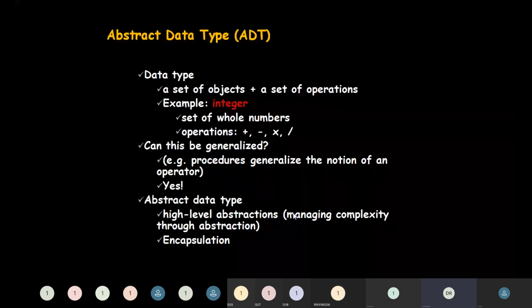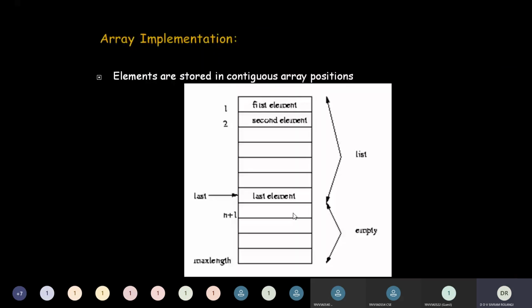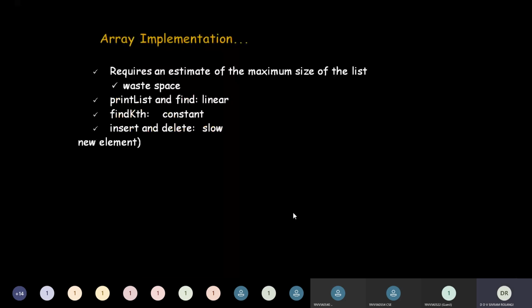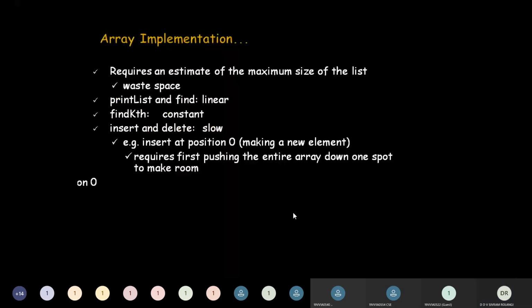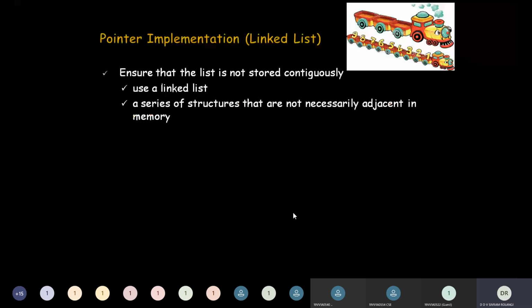In the last class we have seen the array implementation of the list. Today's class we will see the linked list implementation of list. As I told you earlier, it's a pointer implementation. Here we'll be having something called nodes. Each node consists of two fields. One field is used to store the data, and the other field is usually used to hold the address of the next node.